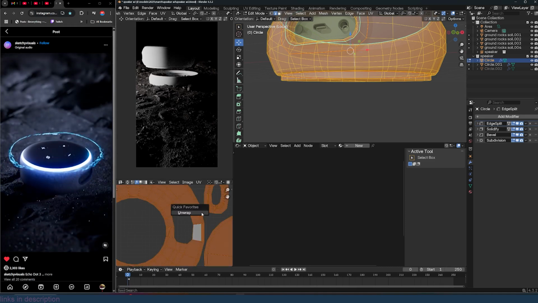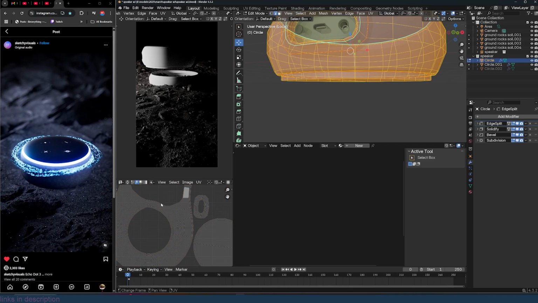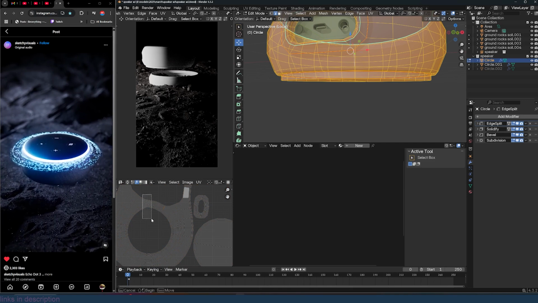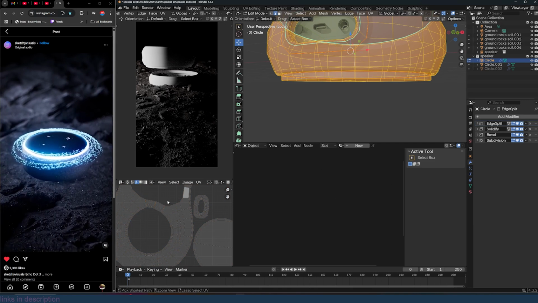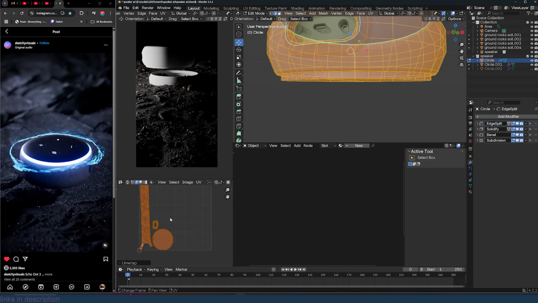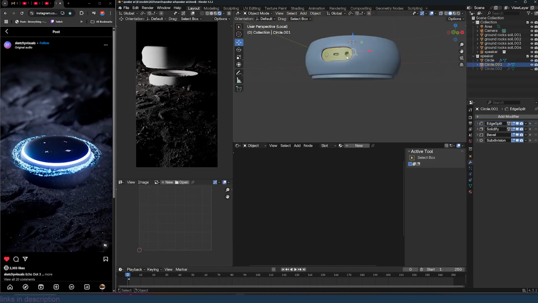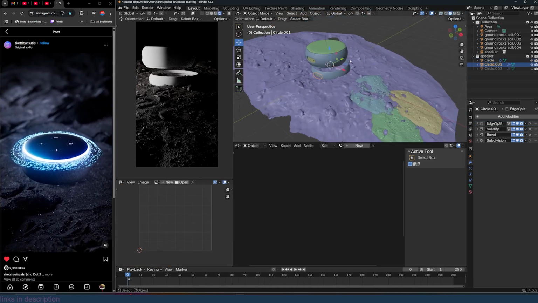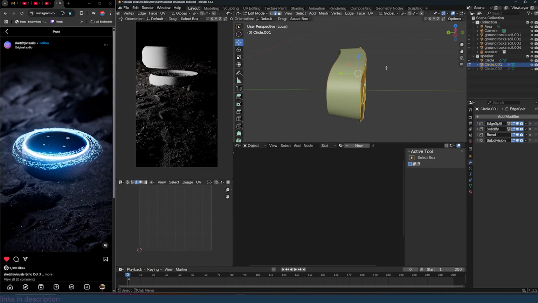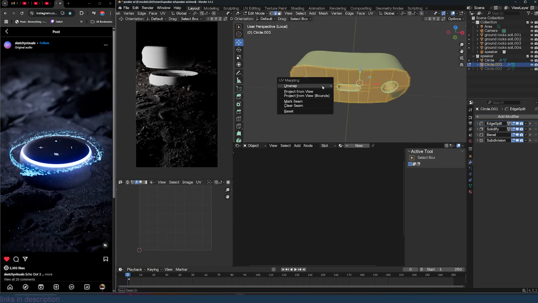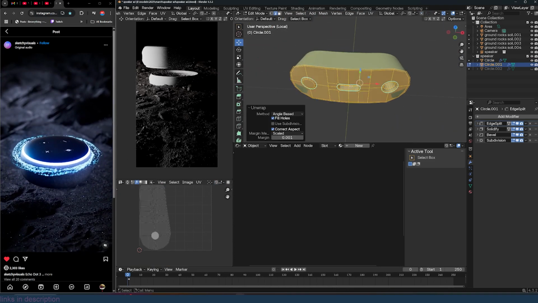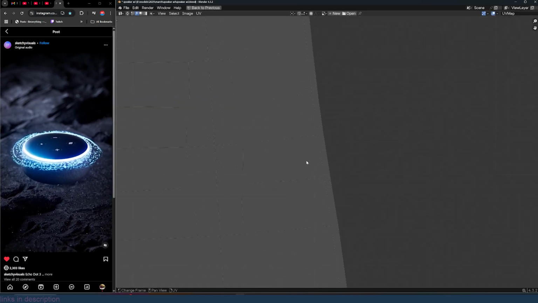Ctrl E to open this up here. Now let me just, perfect. Now this piece here can just unwrap. Yeah, the USB